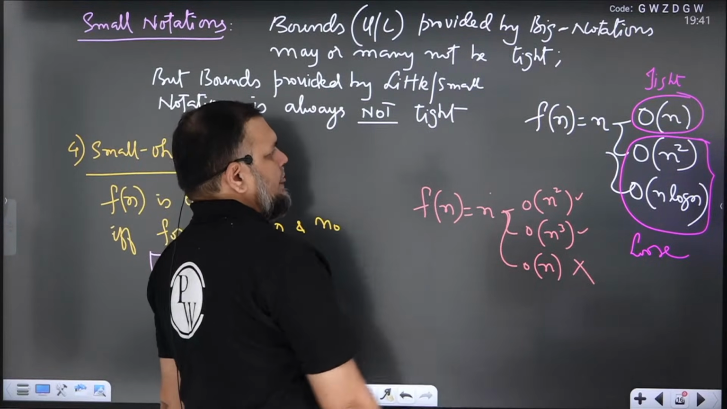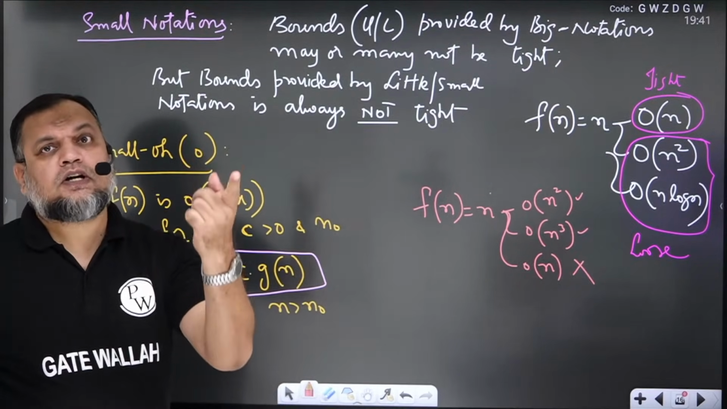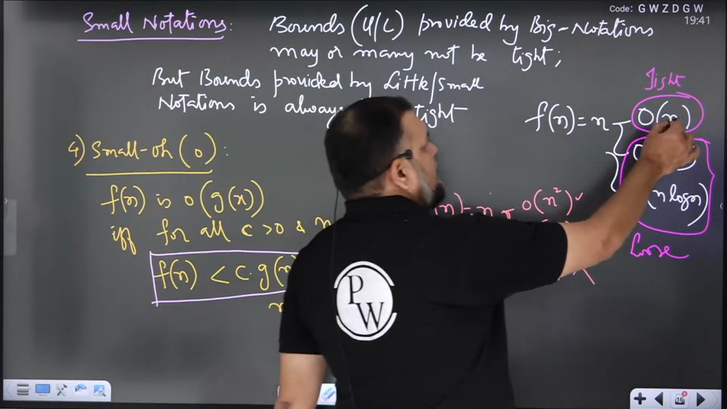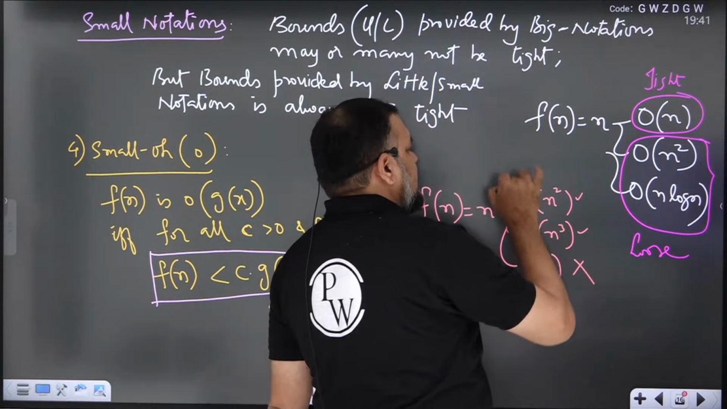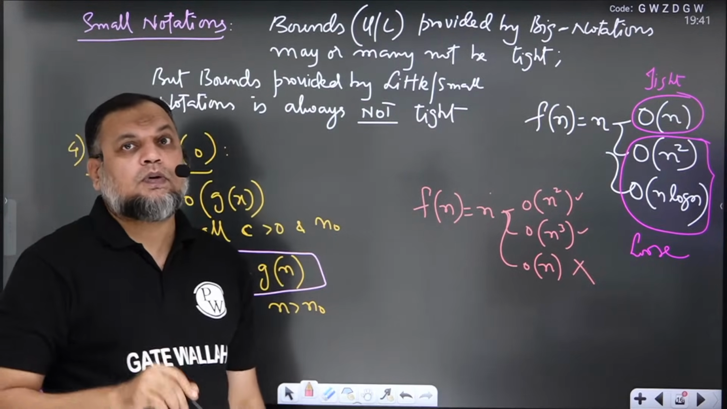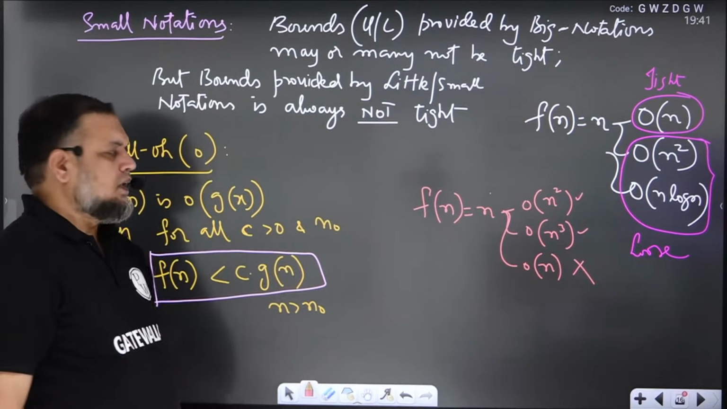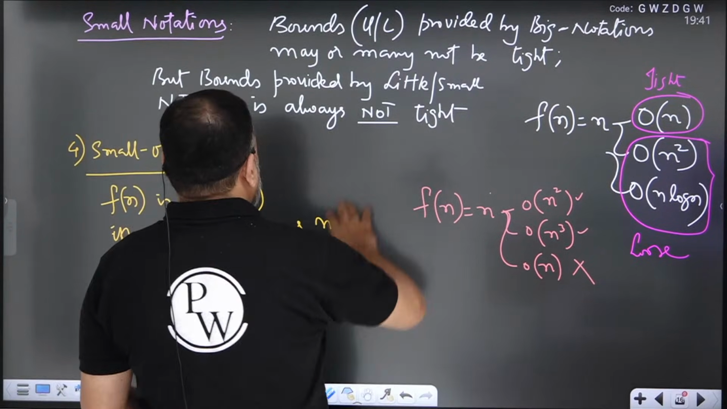Every small o is big O, but every big O is not small o. See, this is big O, but it is not small o. So big O is a bigger space than small o. That is what I am trying to say. In the same way, if you write the opposite definition,